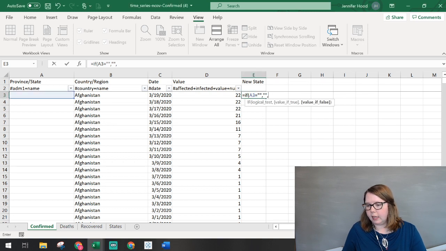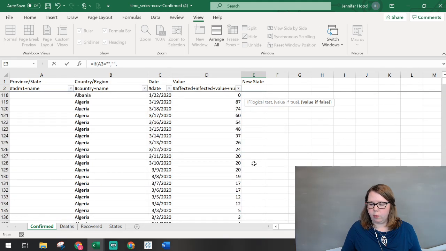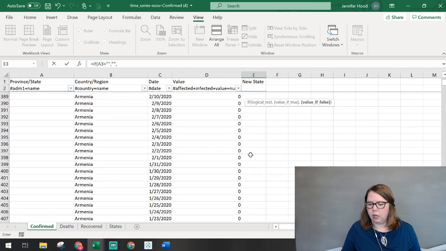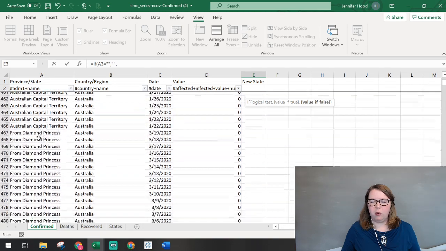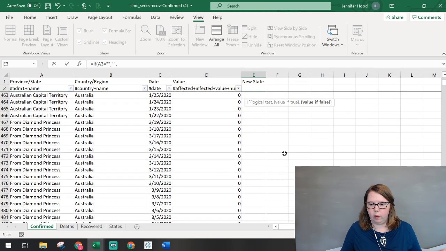If it's not blank, now we need to put a second condition in here. So my second condition is I want to look at if the country or region is the US, then I'm going to do some additional looking at it. If it's not, like if we scroll down through here, I know Australia has some province states, so we don't want to look up on that. We just want to take what's there.